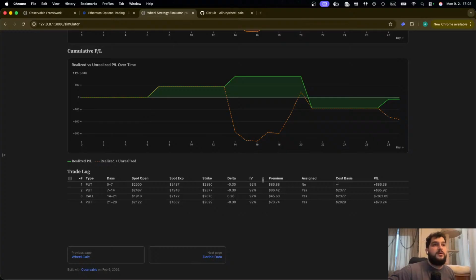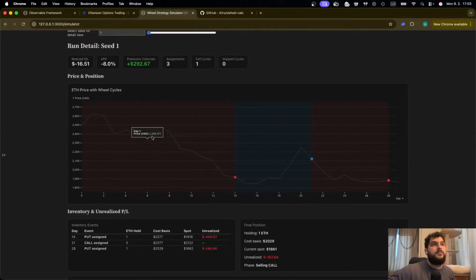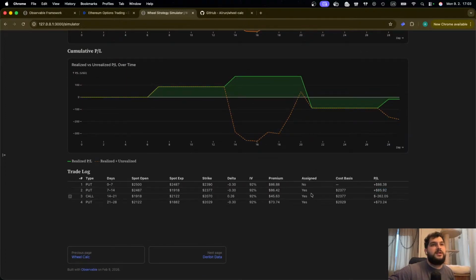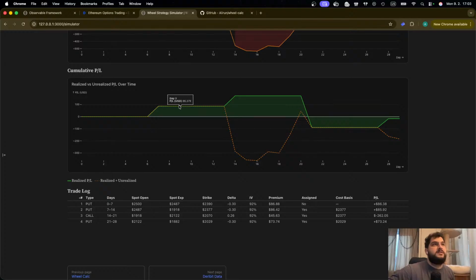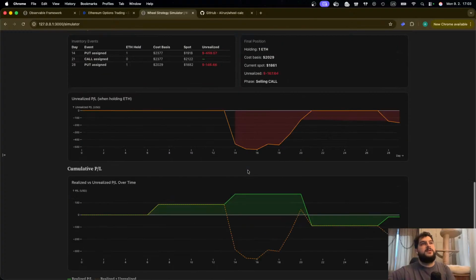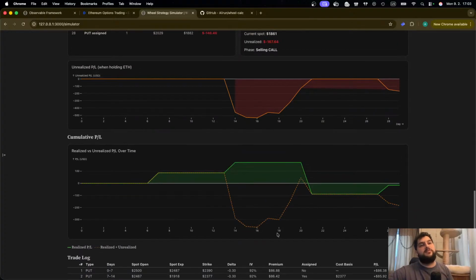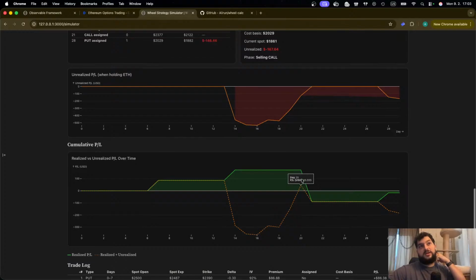Then the price went down and up, and we sold another one at a slightly lower price here. So we were plus 172 at this point. Then the price went drastically down, but it was not realized, right? Because we did not sell anything. So it only realized here when it was actually at